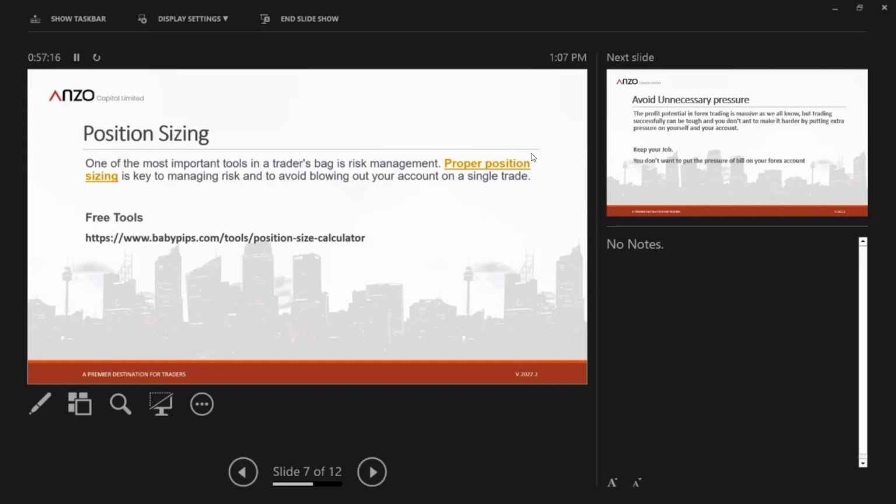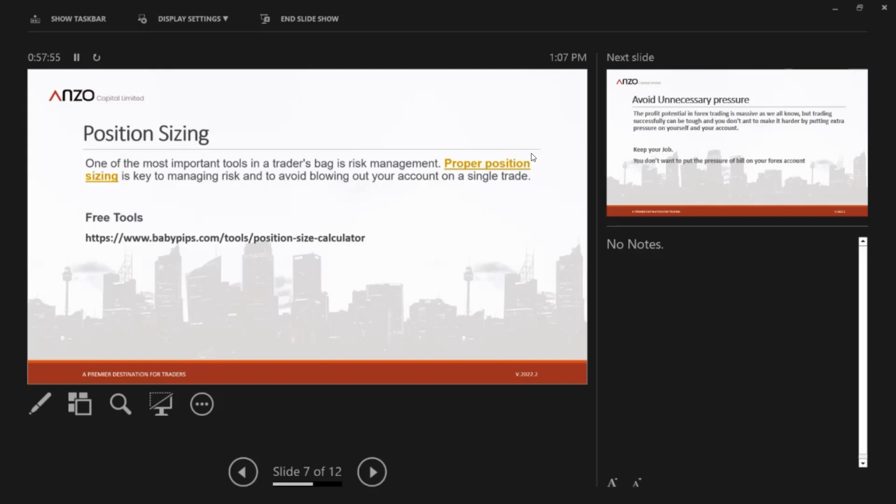My stop loss would be above this high, and I will target 1:2, or let's say 1:4, whatever. Let's just say 1:2. So this will be my SL, this will be my TP, and I'm going to enter at the close of this candle. Now, if this is the pin bar, and from this entry to this stop loss is 20 pips, and my account is $1,000, and I'm only willing to risk 1%, which is $10,